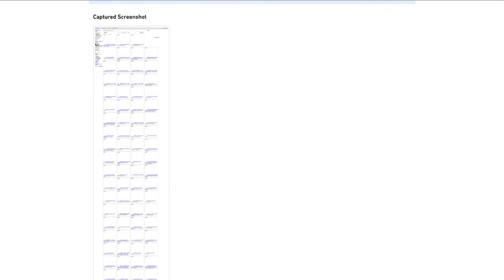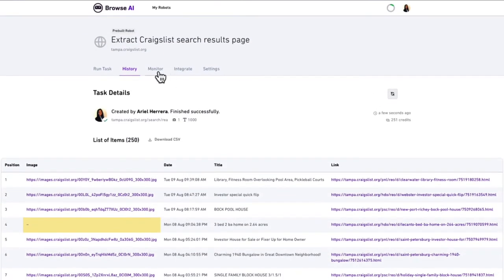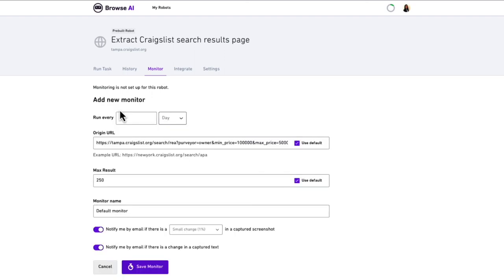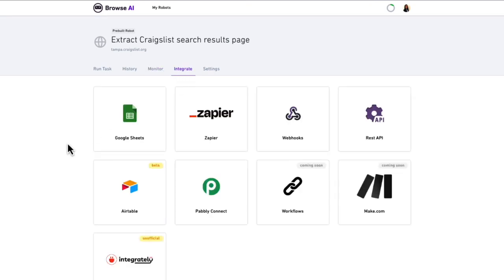But what if we want to take it a step further in terms of automation? Well, we can go over to Monitor. If we want, we can add a new monitor. So we could set maybe every single day that we go have our web scraper check to see if there's any new for sale by owner listings. If so, we could then integrate it with Google Sheets, Zapier, or a REST API, where we get this data, perhaps analyze the deal automatically, and then automatically send an SMS, which is a text message. This can allow us to be the first ones to contact for sale by owner properties and thus finding motivated